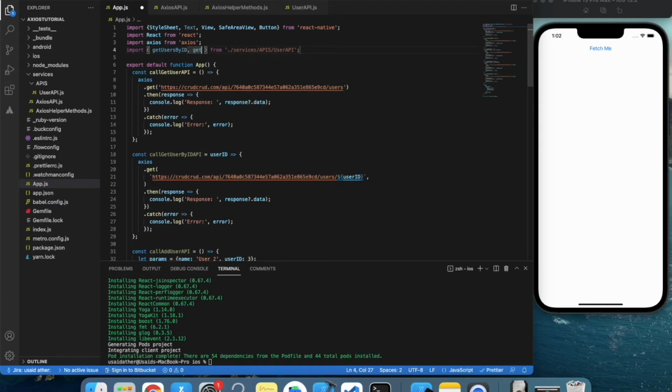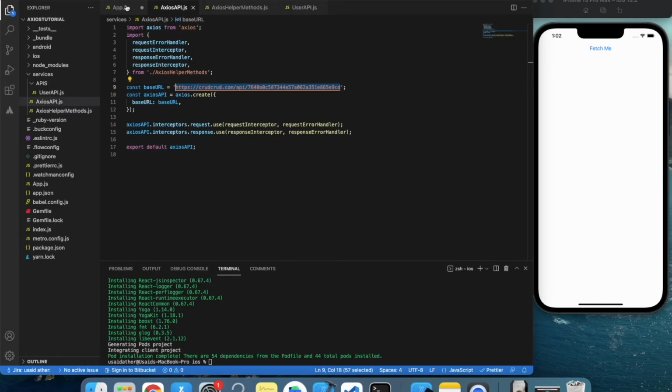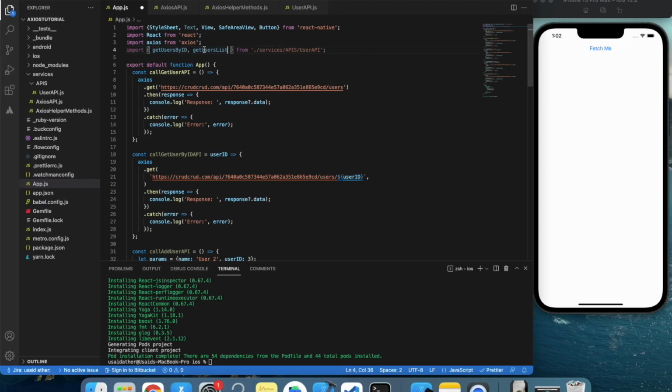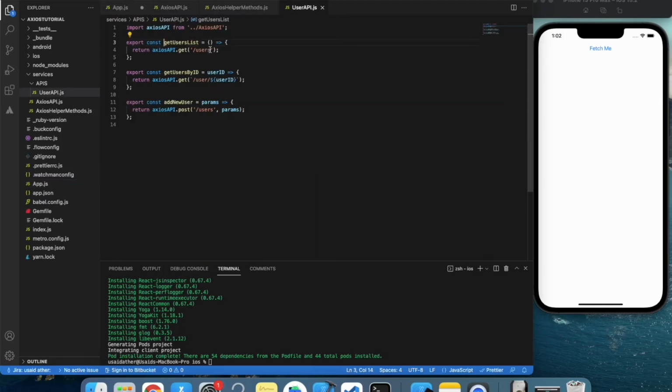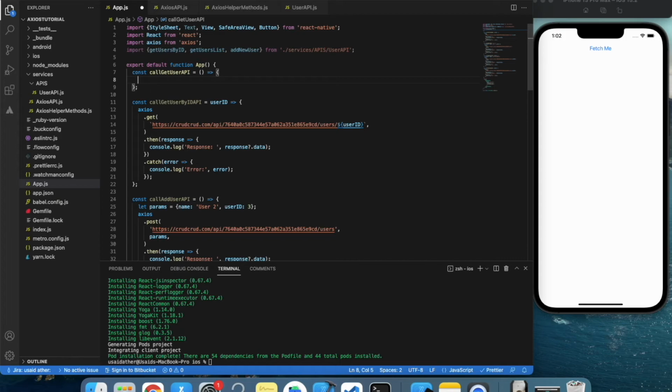We need to import get users list. Then we need to import add a new user. Okay, and now instead of this we will use get user list